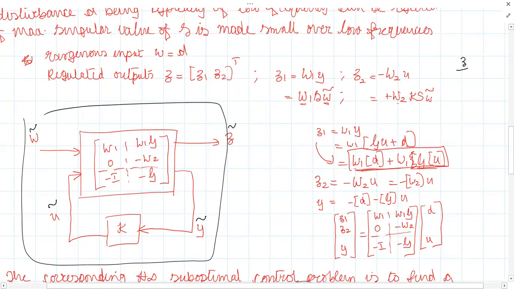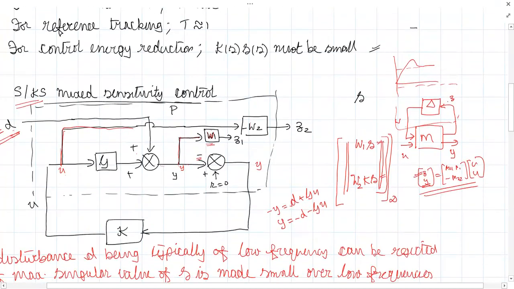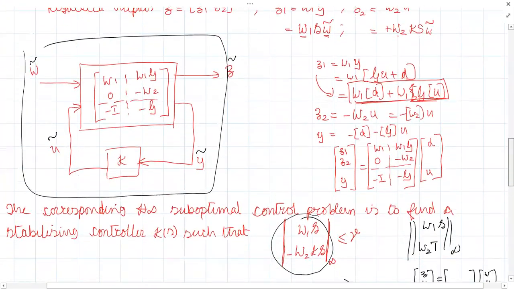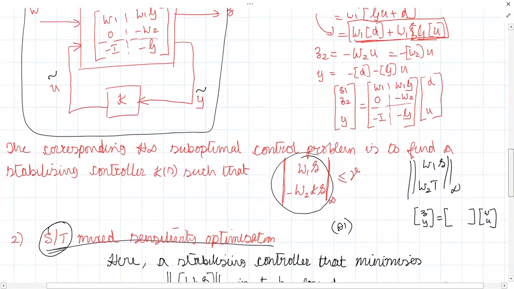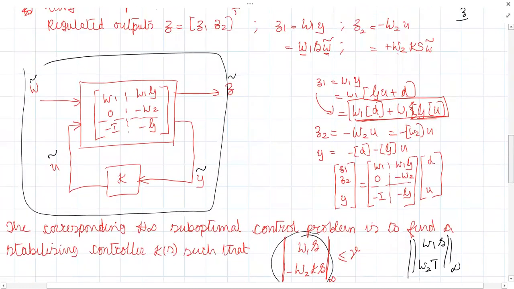It's a vector Z. So here you have to consider both the transfer functions between Z1 and D, and Z2 and D. When we drew this figure, it was under the assumption that all these are vectors. Z1 and Z2 are two regulated outputs.